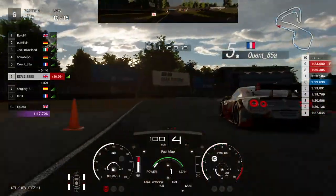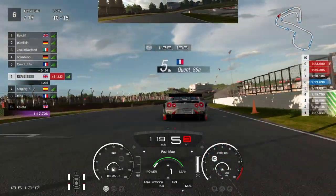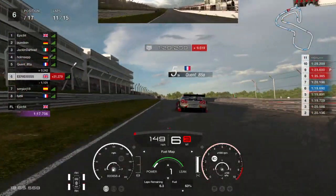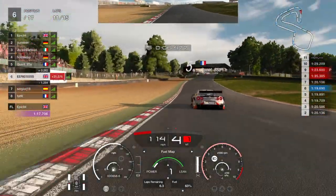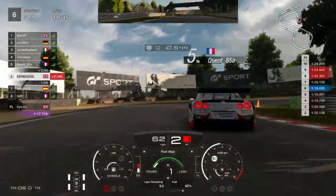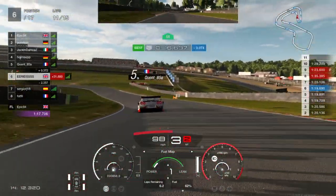Absolutely gutted, but I'm going to have this guy. Let's start racing now. I've got nothing to lose now. Let's try and have him. So we're going to come down the front straight here, down into Paddock Hill Bend, pick our braking point and turn in. Coming up the hill into Druids here, get real close behind him, concentrating, be patient, get a good exit, down the hill,